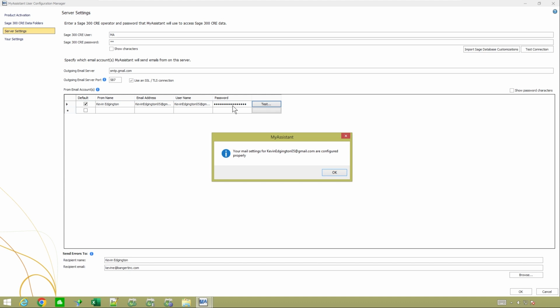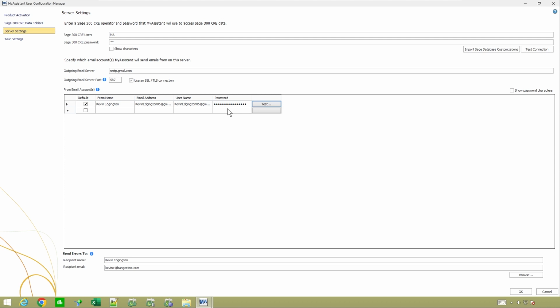You can close this up, go on, and tell it to resend those tasks or whatever day it gets sent. If that doesn't fix it, the next thing to think about is, has the company implemented two-factor or multi-factor authentication? A lot of companies are implementing multi-factor authentication for emails. If they do, you need to go into your email system and tell it to generate an application password, and it will give you a password for this. If you're using Microsoft 365, you can Google "Microsoft 365 generate application password." It'll give you the steps.